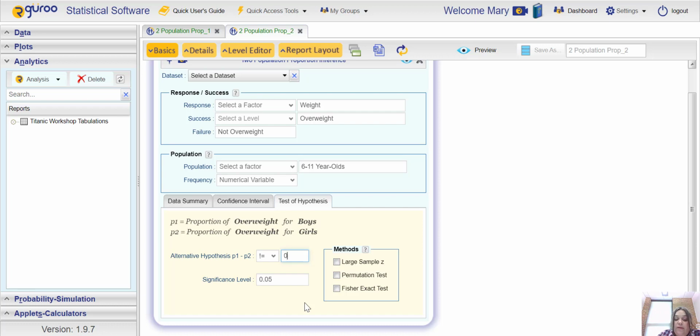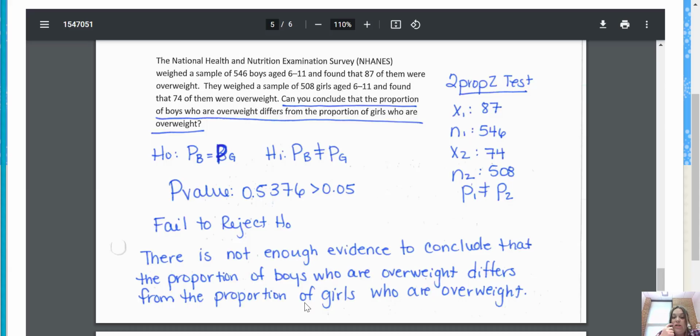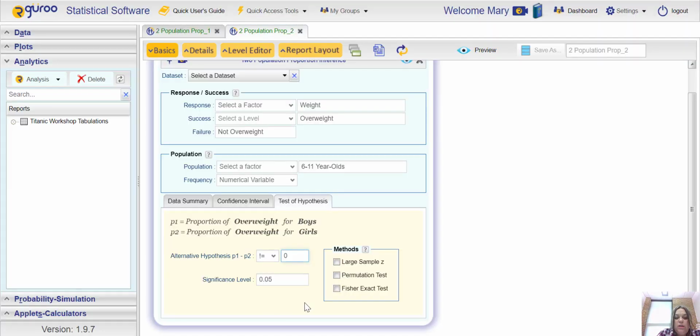If we're saying there's a difference, that means that when you subtract P1 minus P2, it would not equal 0. So 0, again, always goes there. Our significance level, I do not see one listed unless I'm missing it, so we're going to assume that it is 0.05, and we choose large sample Z on these